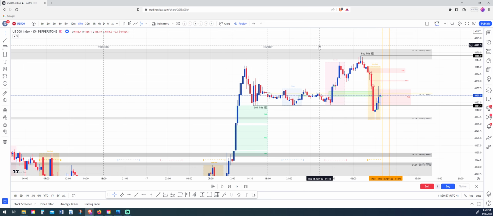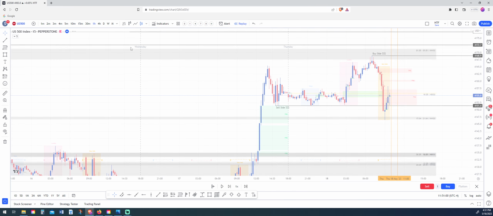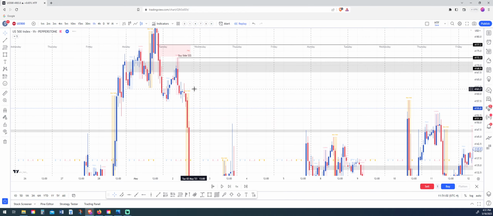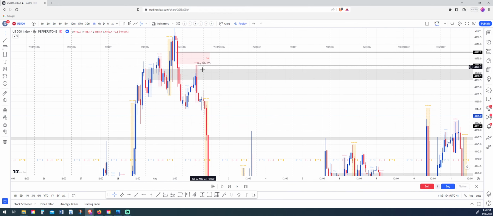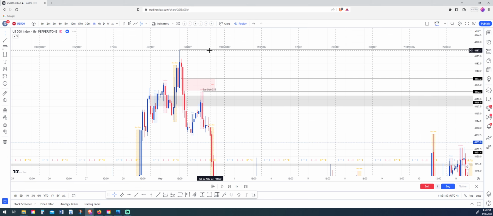We have a couple of levels of liquidity above us, identified on the 1 hour chart. So we have some buy side, a swing high into a fair value gap, and then filling the fair value gap here is this next line, and then the top line is the ultimate swing high from May. So this is the monthly high of May.